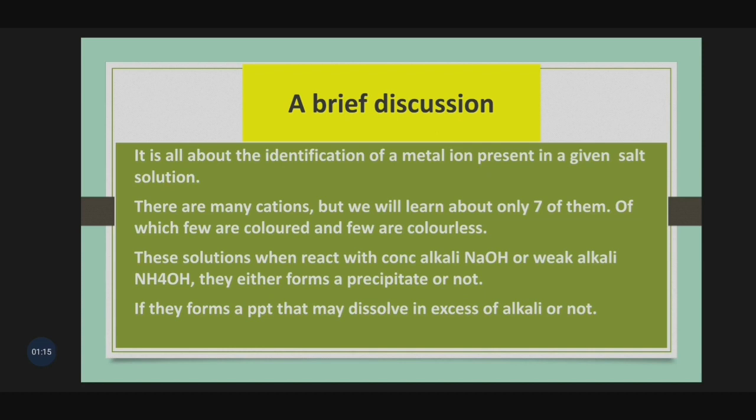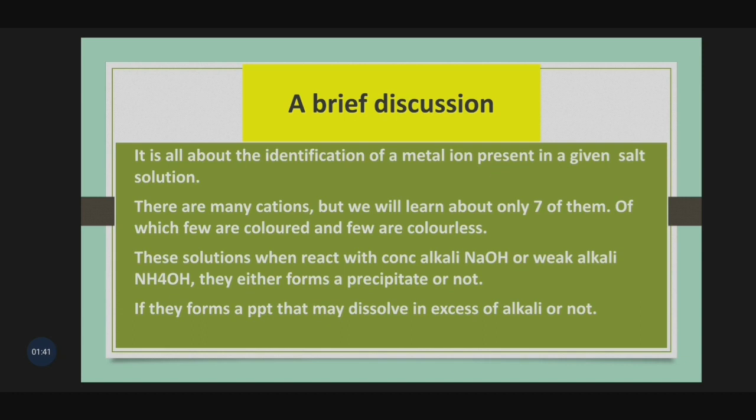The term analytical came from analysis. Analysis means what? Suppose we are given a salt. Now the salt contains one cation, one anion. Identification of the anion belongs to the practical chemistry part. It is given in the last chapter of class 9 as well as of class 10. Few questions come from that chapter also.